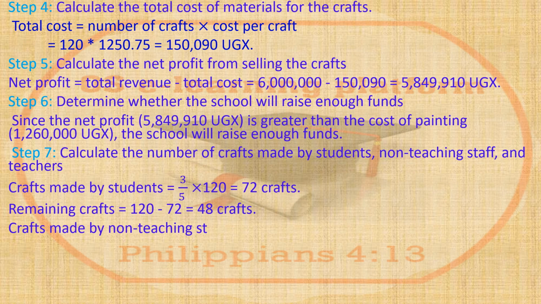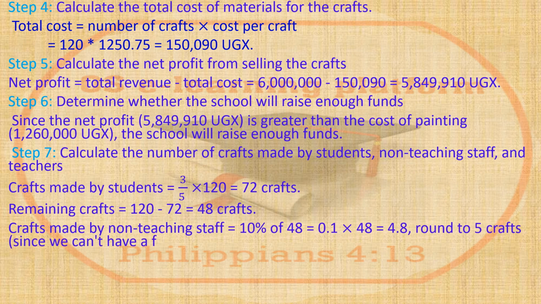So the crafts made by the non-teaching staff, of course, we agreed that's 10% of 48, the remainder. 10% is like 10 over 100, and that is 0.1 times 48, and that is 4.8. Now, this is where your reasoning should also jump in. You can't have 4.8 crafts, having a half a craft or 0.8 crafts, and that is quite vividly not possible. And what we shall do is to round it to 5,